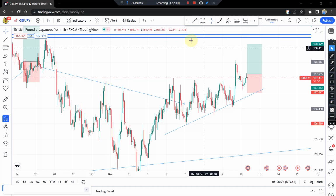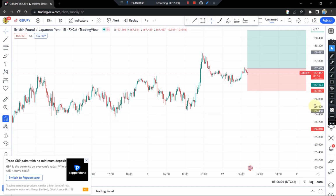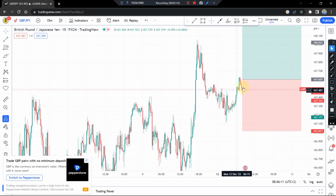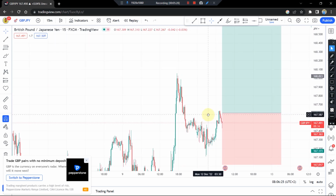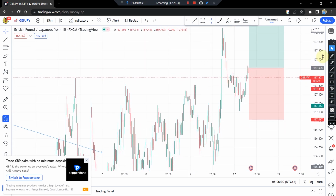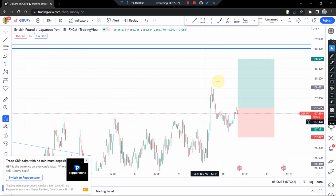We need to go down to M15, because I do get entries on M15, most especially. So there we go. On M15 we shall just expect ourselves to see the first bullish candlestick. If we can get the first bullish candlestick closing just above, or it being an engulfing candlestick to close above the previous bearish candlesticks, I'll immediately get the trade in. Okay, so this is just an illustration of the trade. So I'm just going to watch it closely, and that's how I'm going to be getting my trades in for